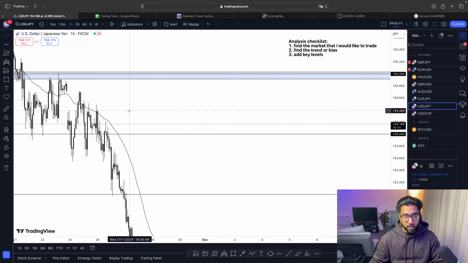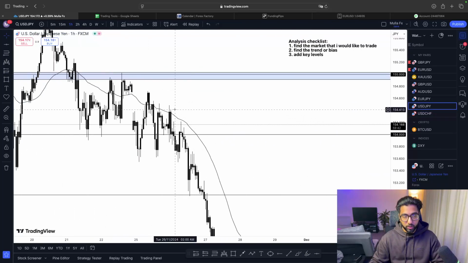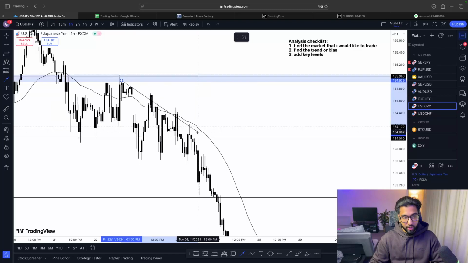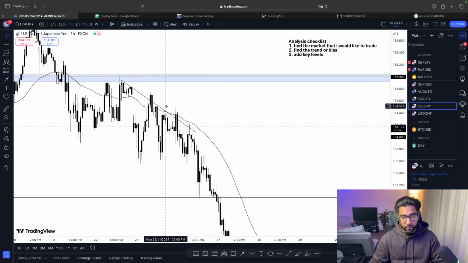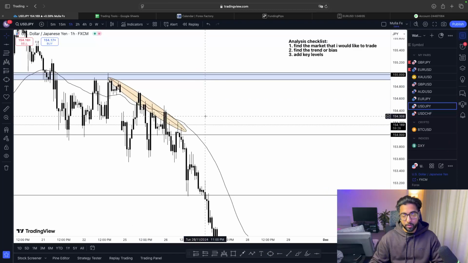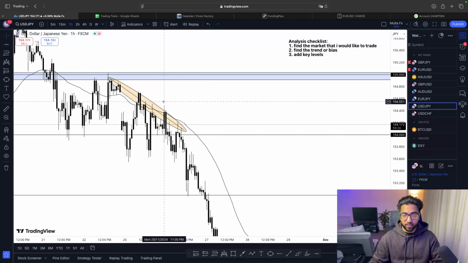If I saw any level of supports in between, I would have drawn it. But as you can see, all this is just a build-up of liquidity. Like all of this area is just a build-up of liquidity, and I'll probably just put it in a zone like this. All of this is a build-up of liquidity. So for me, if one area gets swept, most likely we'll just get another area swept,